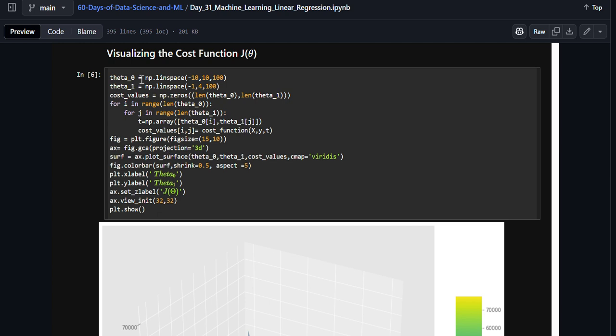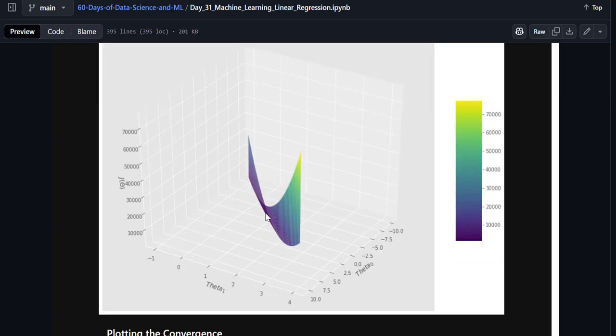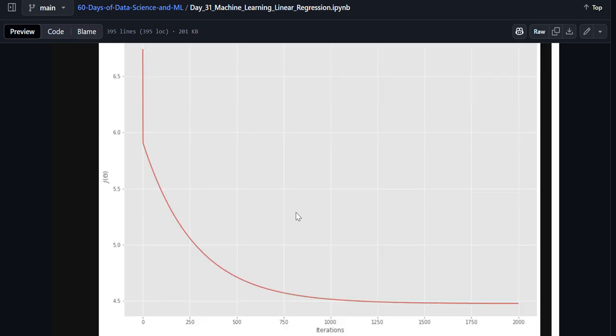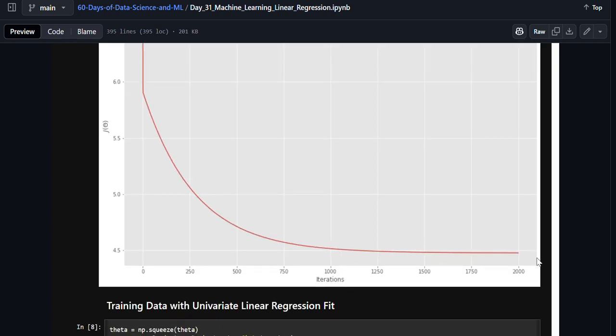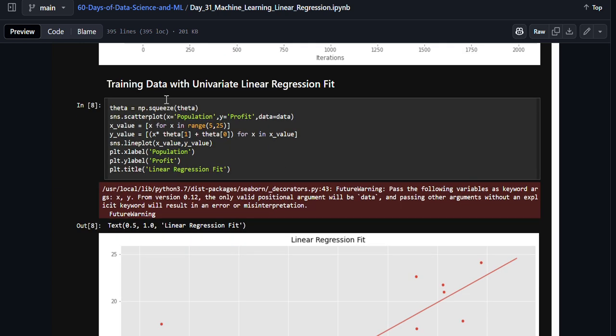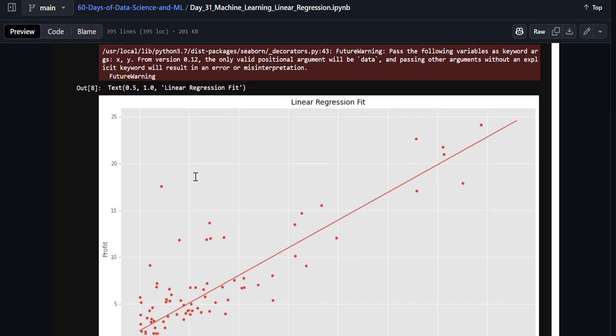Visualize this cost function with theta 0 and theta 1 having cost values. Again, there's a loop. Don't know what surf is, but it's plotting theta 0 and theta 1. So this is what the gradient descent looks like in 3D space. And you plot the convergence as the cost converges down with a certain number of iterations. Then you have training data with the univariate linear regression fit. So you squeeze the theta, you have this population and profit, x and y values, and then you have this linear regression fit